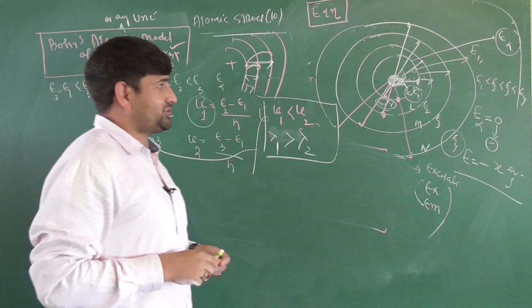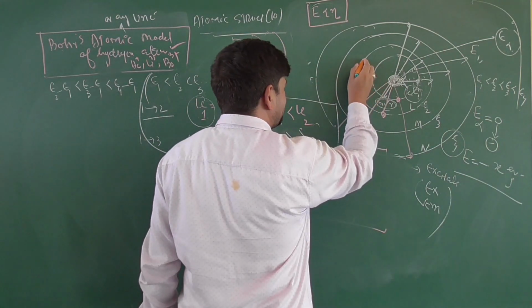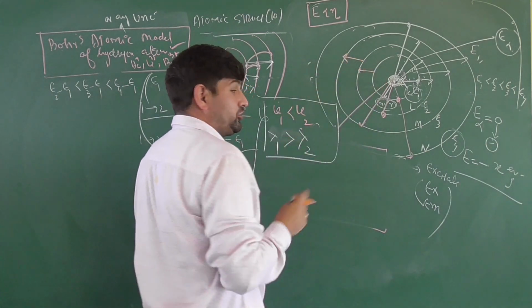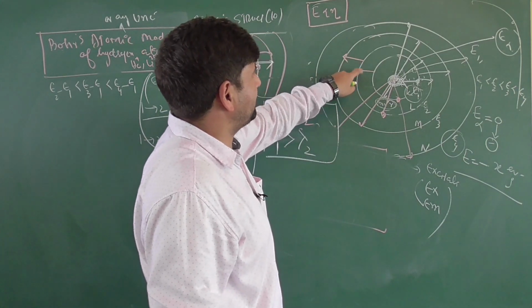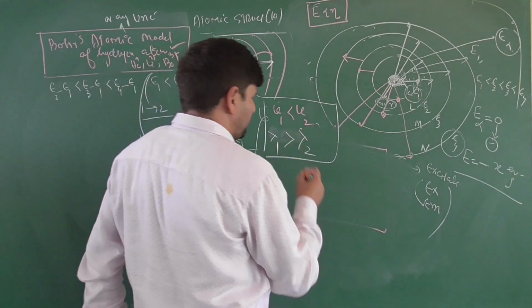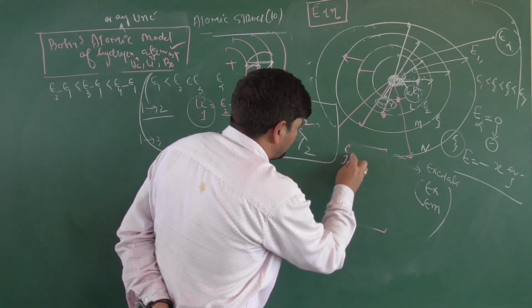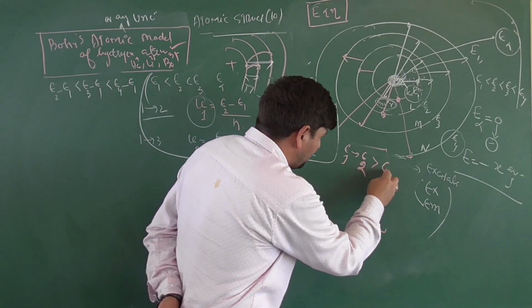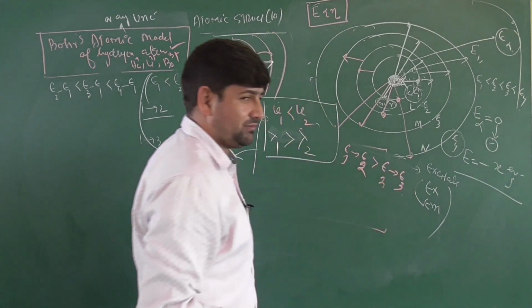Okay, another case is also possible here. What is that? I am shifting an electron from 1 to 2 and then shifting from 2 to 3. Where do I need more energy, from 1 to 2 or from 2 to 3? You might say same, because the energy levels change by 1 only, but it will be wrong. Remember, the energy required to shift an electron from E1 to E2 will be more than from E2 to E3. Want to see why? Very simple.